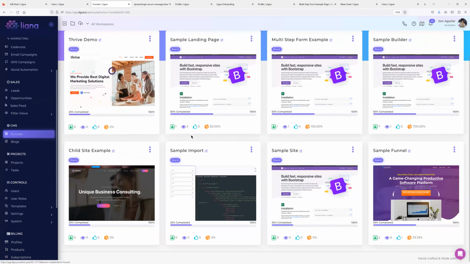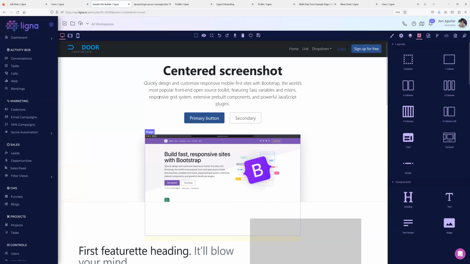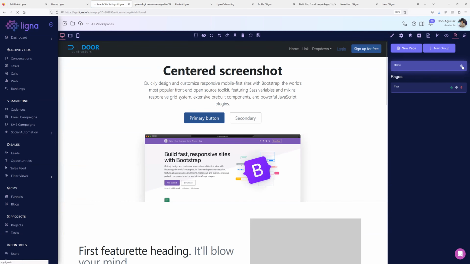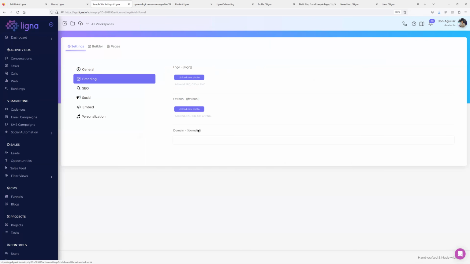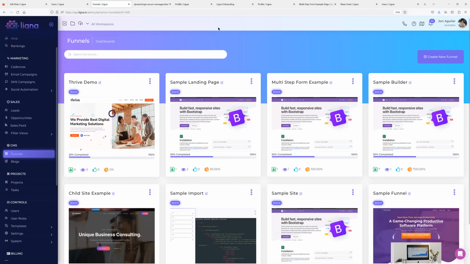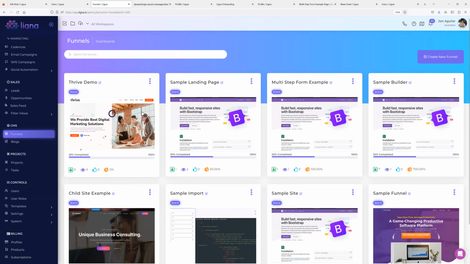Sorry, let me grab one that we did. I think sample sites one. That's okay. Okay. Yeah, this one's probably better to use. Let me go to settings. Of course, there won't be a freaking domain on it. Okay, it doesn't matter. I'm going to use that one. I already have it in there. So